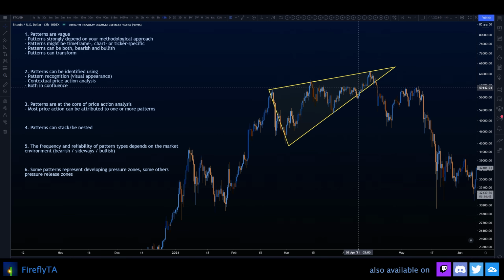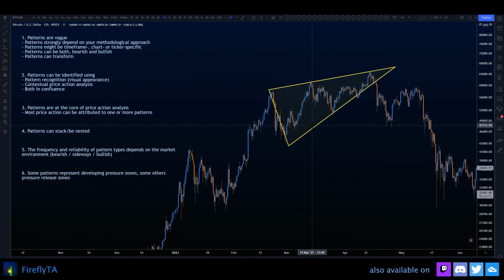It is easy to find this because, simply by looking at the chart, you already can see that these highs form a line and that these lows form a line, and then your brain automatically completes the shape and you come up with a triangle. So this kind of process, this pattern recognition, the technical process, is often used to find patterns. However, there are other ways. And the second